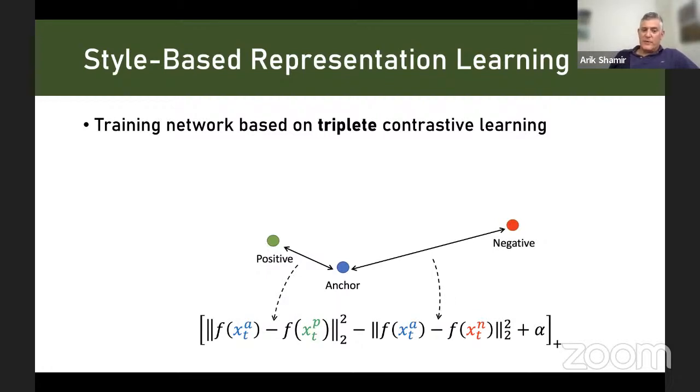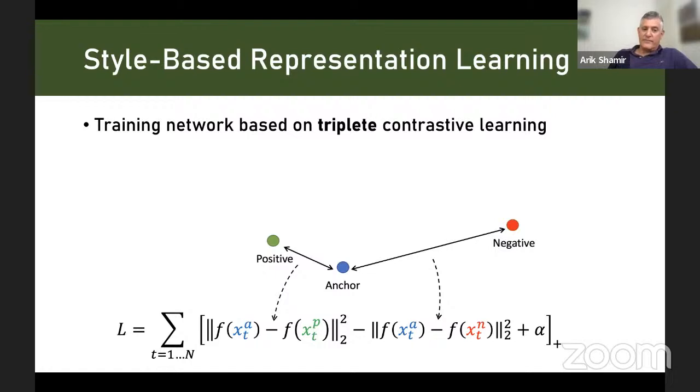So the distance between the anchor and the positive must be smaller than the distance between the anchor and the negative, plus some margin, which we call alpha here. And now you do this not for a single one, but you sum up over many, many triplet examples, and that helps you refine the mapping network so that it will achieve a better representation for your specific style